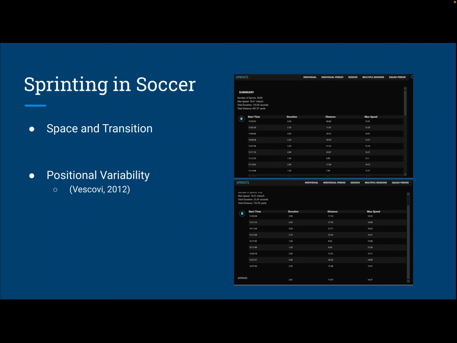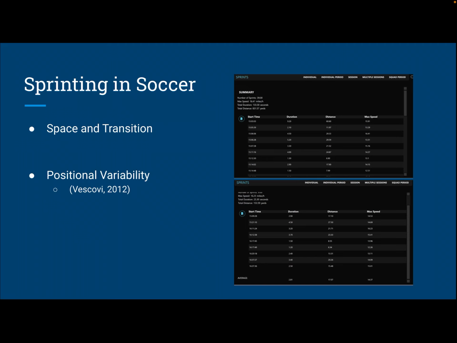And I wanted to exemplify that with those images on the slide. The player on the top, where it says number of sprints 39, max speed 16.41, is a forward on one of our teams. You can see the total duration that they had sprinted was 133 seconds, and the total distance was 831 yards.